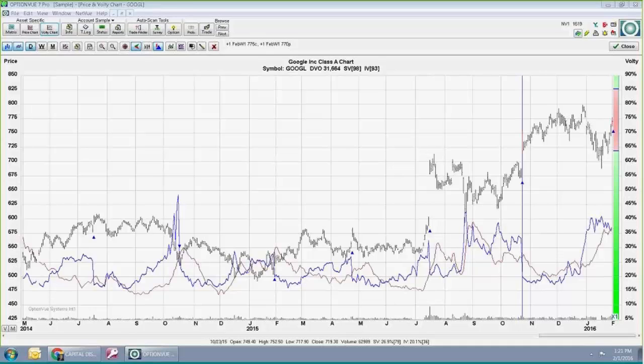And Norman made a comment, when you guys decide to select colors for diamonds or lines, do you consider that 10% or more of males are red/green colorblind? We do in OptionVue try very hard to not convey any information solely by color. I think that earnings diamonds are one of the few things that's solely by color.